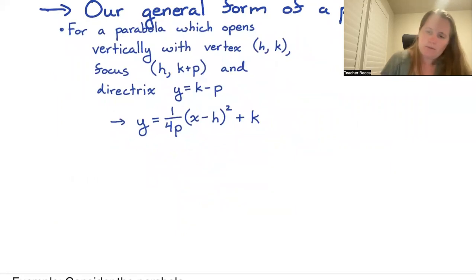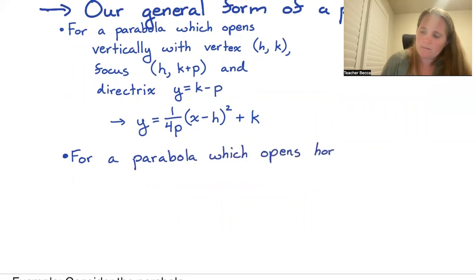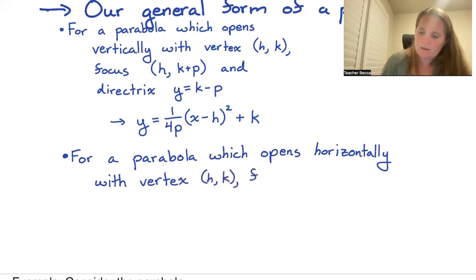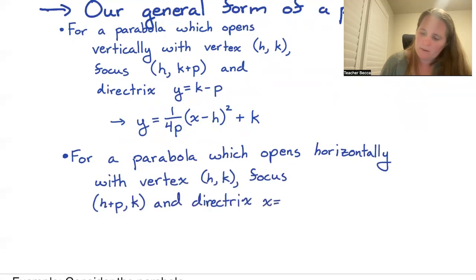Okay. Similarly, for a parabola which opens horizontally with vertex (h, k), focus (h plus p, k), and directrix x equals h minus p, we get that x is equal to 1 over 4p times y minus k